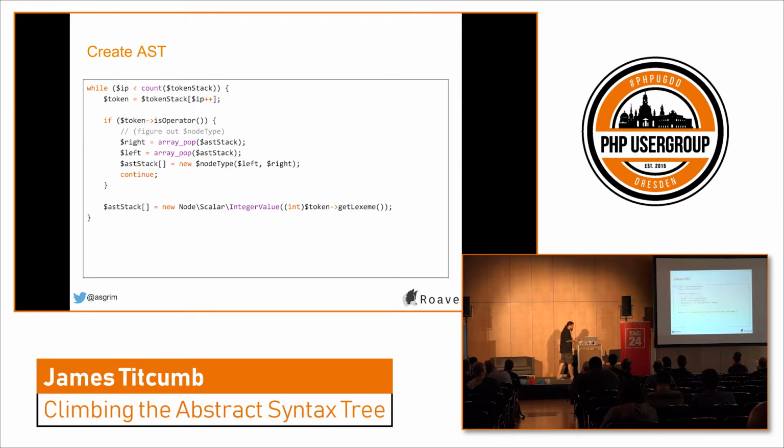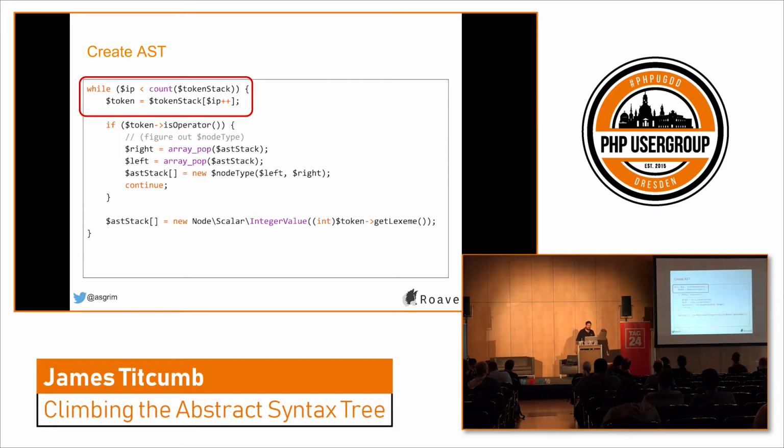So we've reordered the tokens, basically, into something that makes sense to us. Because now we can actually go through this and create our abstract syntax tree. Woo! And so we can use this stack compiler pattern that we kind of talked about to create this abstract syntax tree. So we progress through it. That's just a loop. And we've got this thing called IP, instruction pointer, which for our demo is really not very useful, but if you're writing a real programming language,